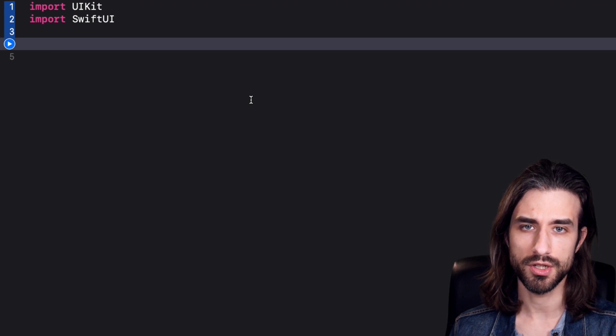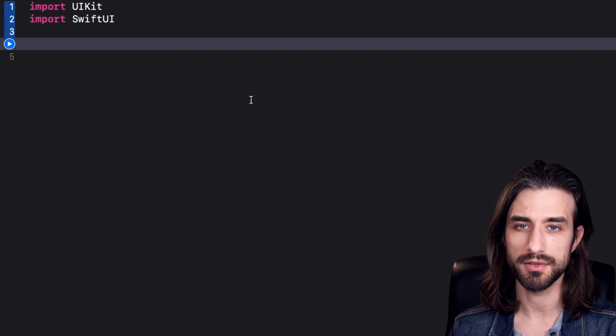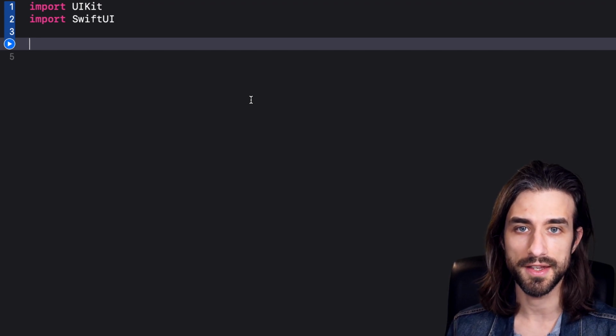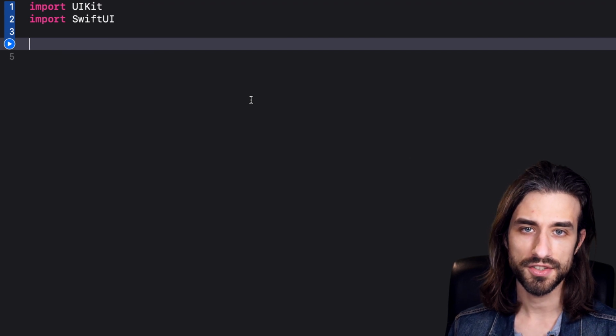In this video, we're going to talk about KeyPath and the benefits that they bring us as Swift developers. But before we speak about KeyPath, we first need to speak about closures. Now, closures are a powerful tool in Swift and there are a lot of APIs that rely on them. So first, I'm going to paste some example of Swift code that uses closures.